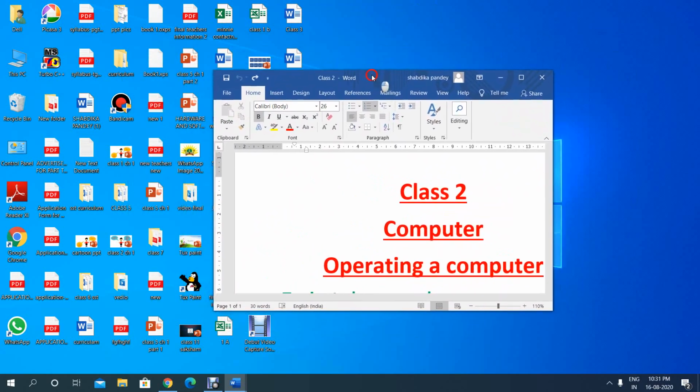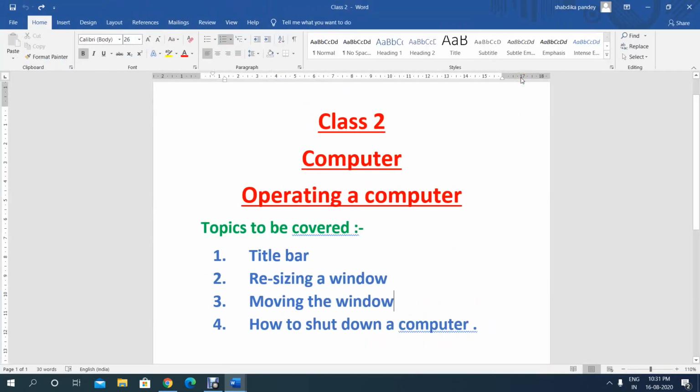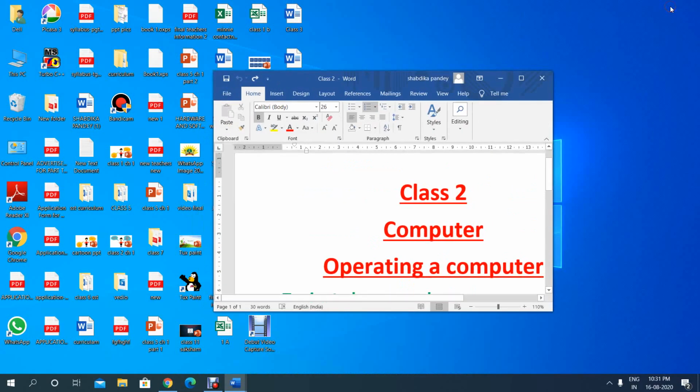So understood everyone? I'm repeating it again, how you can resize and how you can move the window. If you want to move your window, you have to click on the middle button. Now it becomes smaller in size. Now how you can move it?